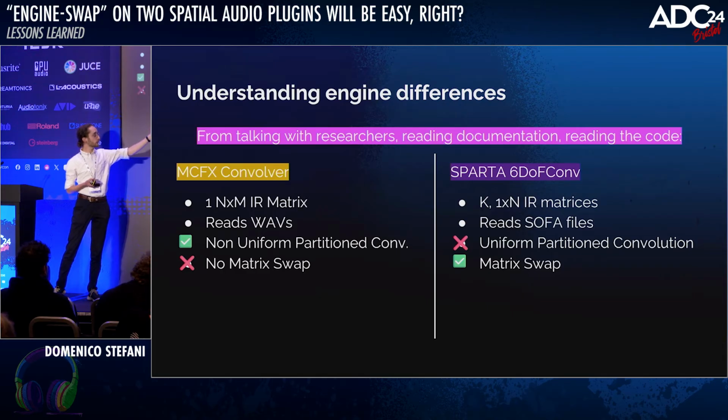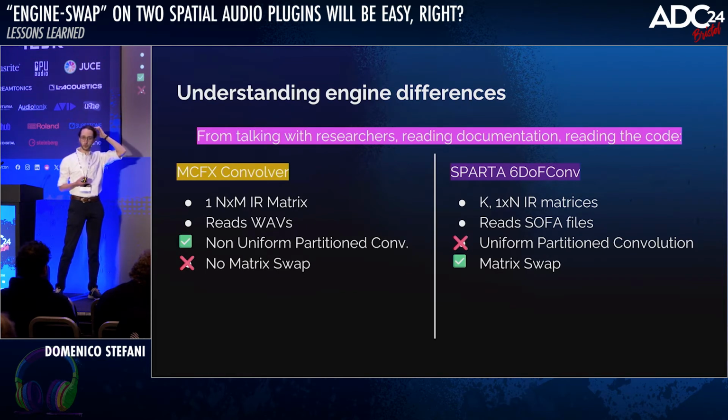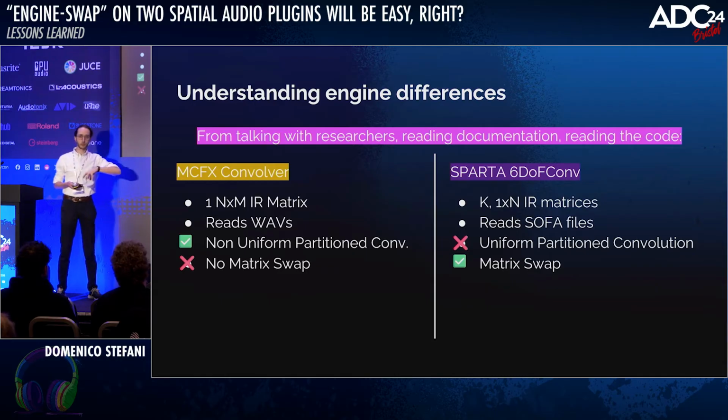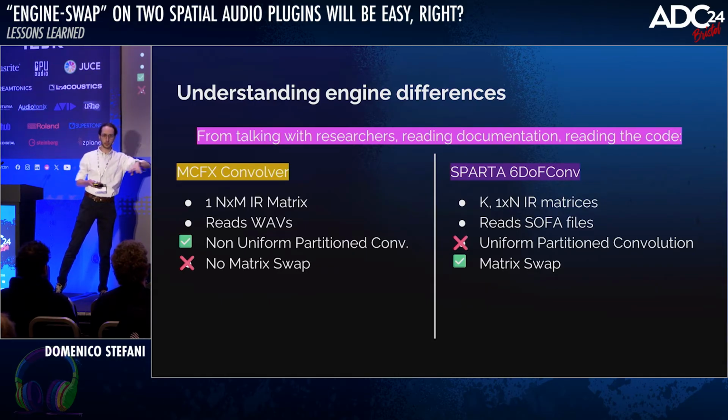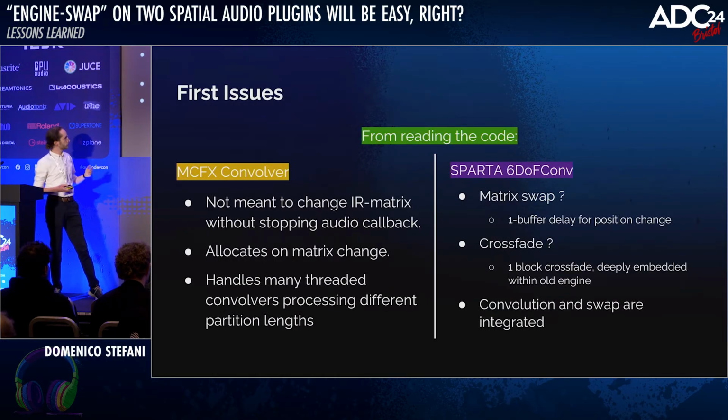The other one used uniform partition convolution, which is less efficient at times. And also, the first one was not meant for really swapping these matrices live, while the second was really meant for that. It was meant to move around. So when you move around and you get closer to a point where a different impulse response is measured,